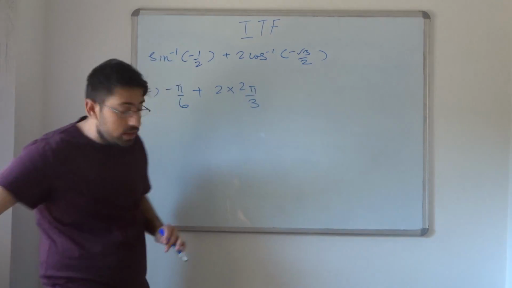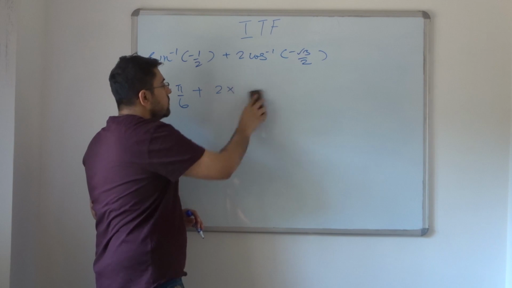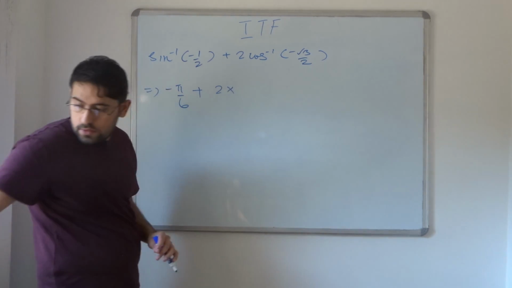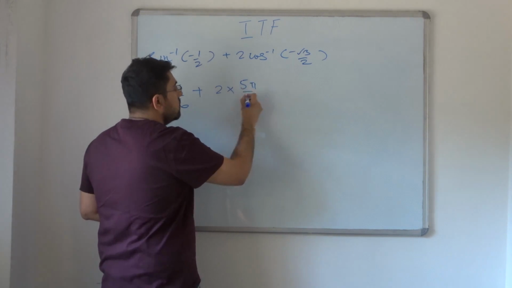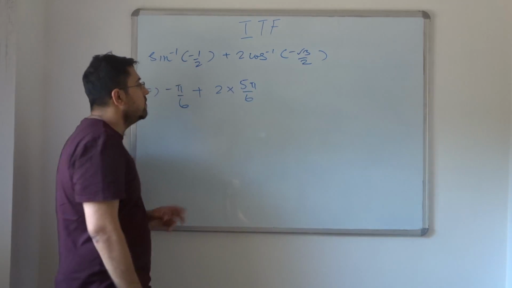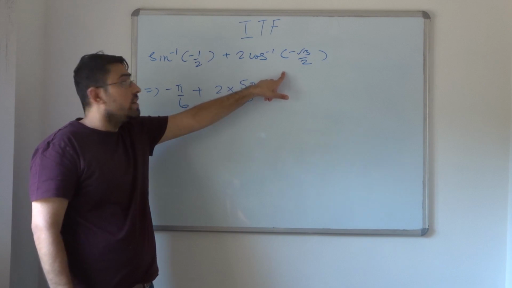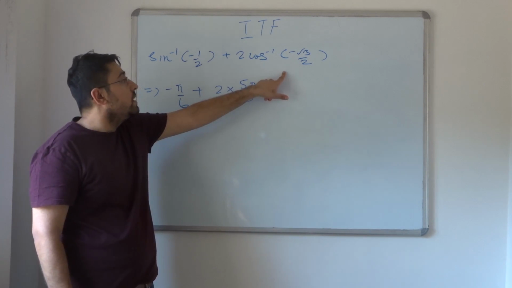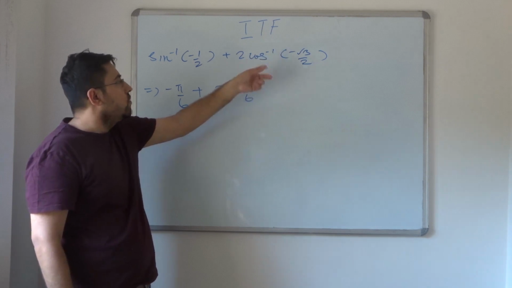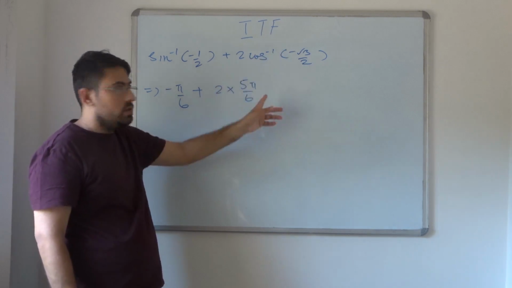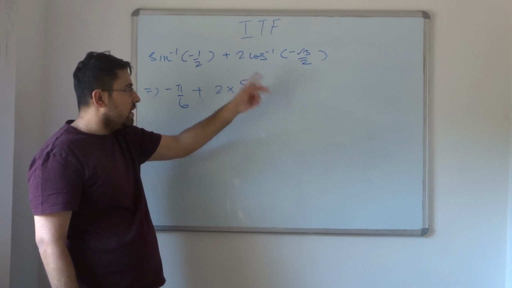No, sorry, wait. It's going to be 2 times 5 pi by 6. Yes. Sorry, guys, my bad. So this is going to be negative. This is going to be negative pi upon 6. Okay, so you already take a negative out. Okay, so you take a negative out, then it's going to be,